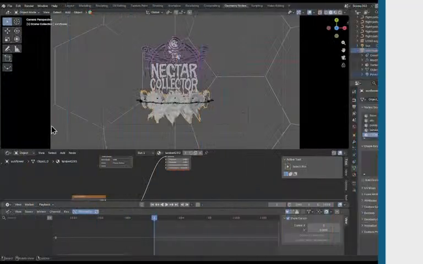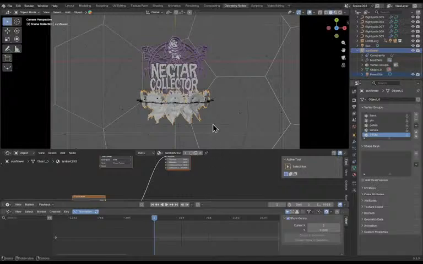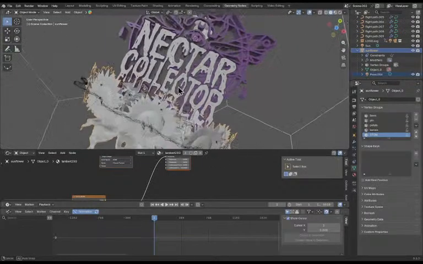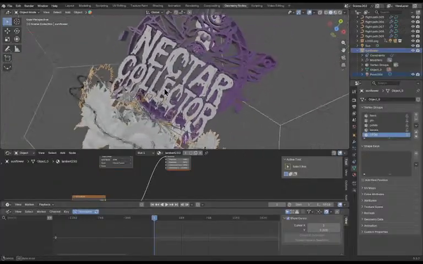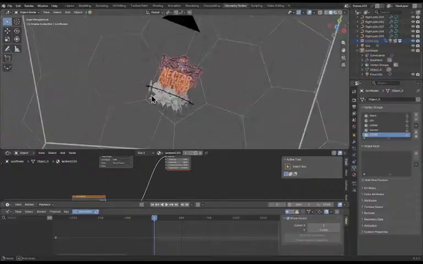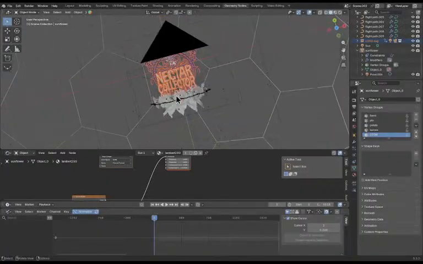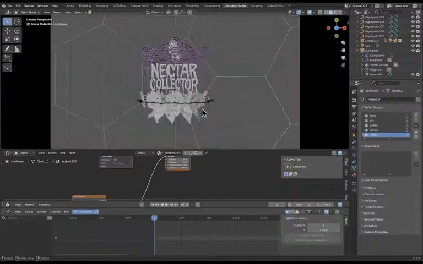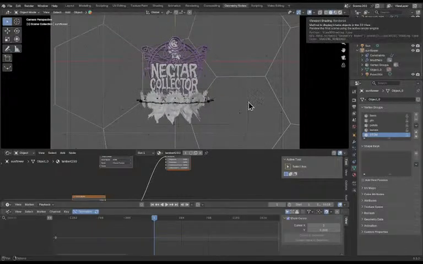What I did was I took the Nectar Collector logo and I brought it into 3D and set up a couple things around it to give it a kind of stylized feel. So we've got,